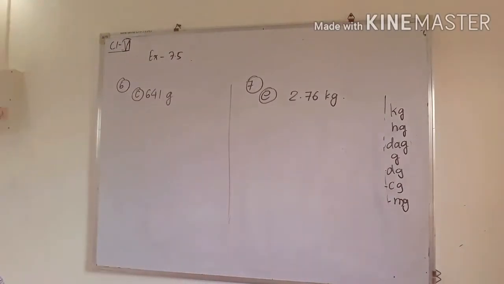So see the next question I have taken randomly. So I am not doing question number 5. This is same. You have to see the units and you have to check whether you have to multiply or divide by checking the units.